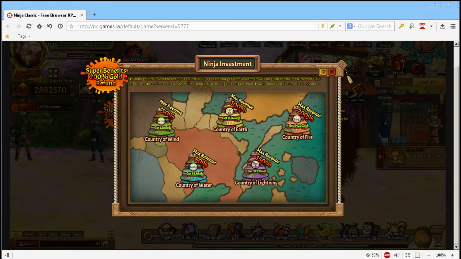Invest and explore. You get a bit of gold back from this. Usually between like 1,000 to 5,000 after all of it. Getting 5,000 more would be a huge amount, but I doubt that it would ever happen. But it says you can get 200% max revenue, but I don't think I've ever seen anybody get 10,000 back from that. So,